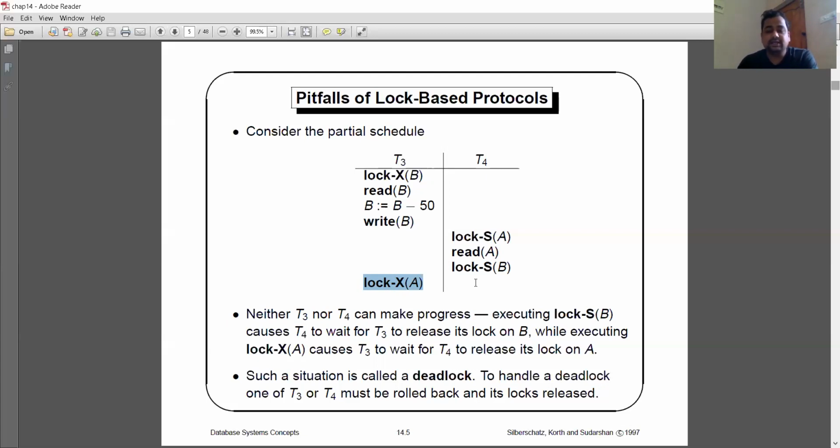So in this case, neither T3 nor T4 will be executed.